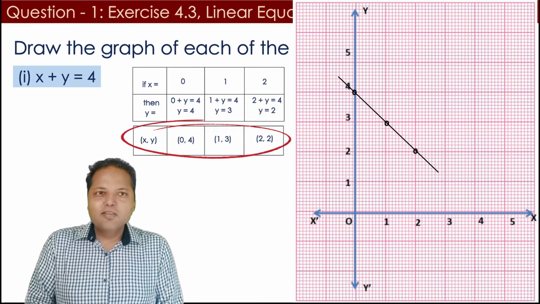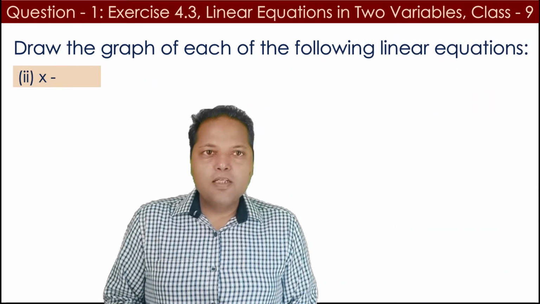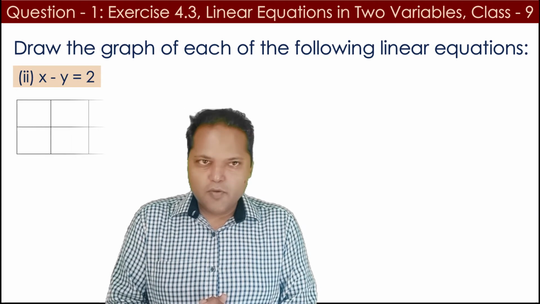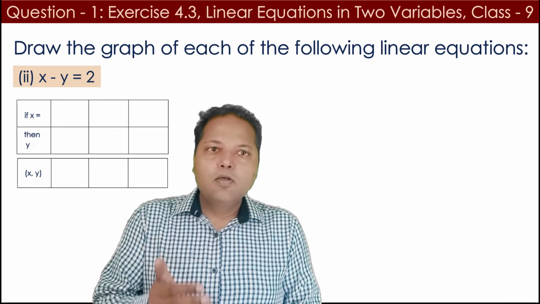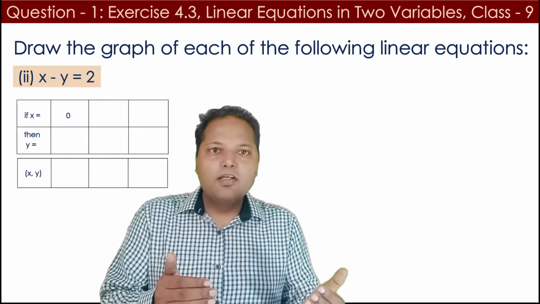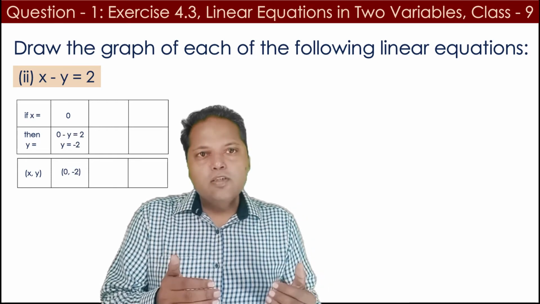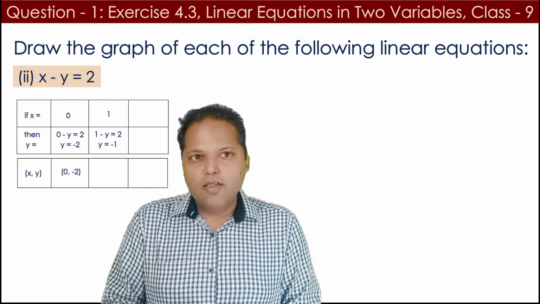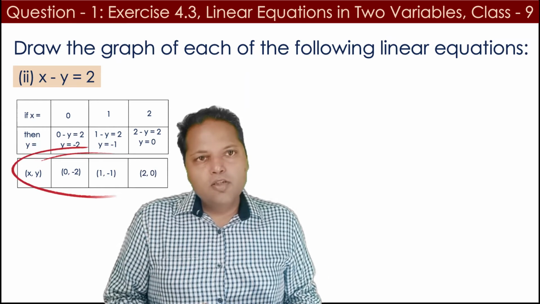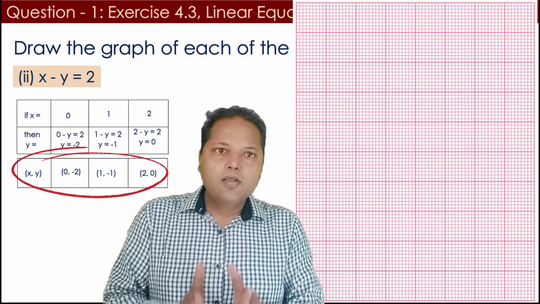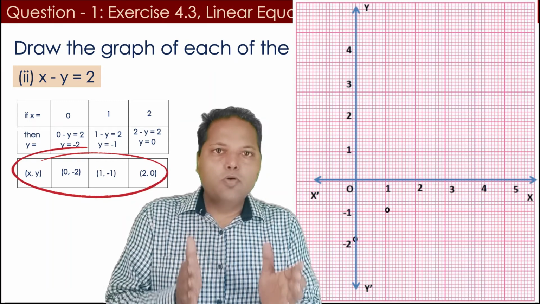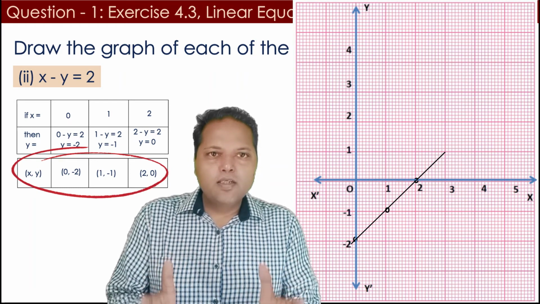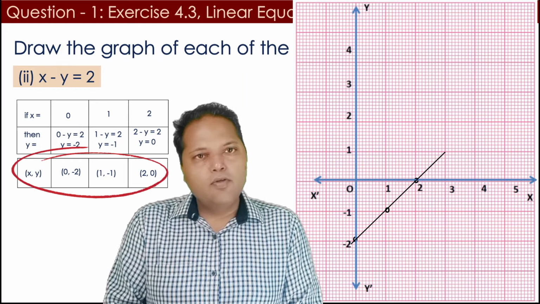Now let's again move on to the second one now. So the second equation is x minus y is equal to 2 and we need to identify first the three solutions of this particular equation, and how we do it is very simple. We'll put the value of x and then we'll identify the value of y, and then we'll put another value of x and then we'll find the corresponding value of y, and so that's how we will get the three solutions of this particular equation, and then we will plot these three solutions on the graph and then we will connect these dots. So this is how we get the graphical representation of our second equation.